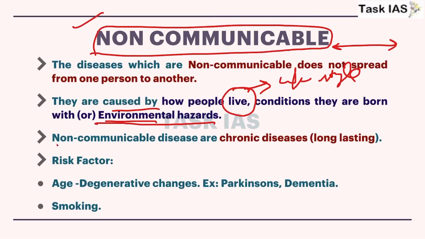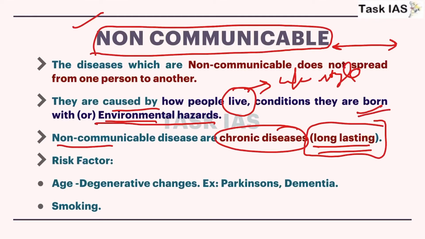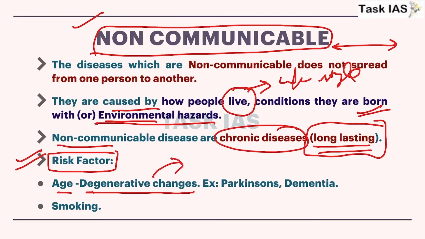Now, non-communicable diseases are chronic diseases, that means they are long lasting and one oral medicine will not suffice to treat these diseases. Here are some risk factors which lead to more chances of an individual getting these non-communicable diseases. Firstly, age and degenerative changes. It shows that with time, as individuals become old, aging will start, and here you can